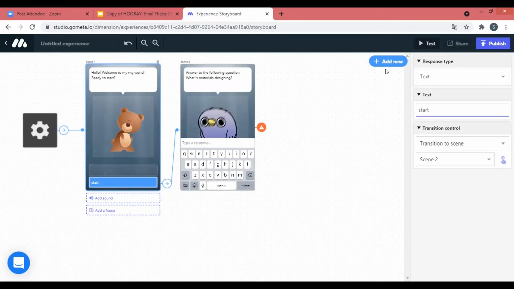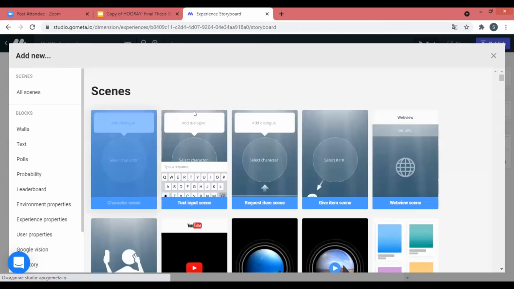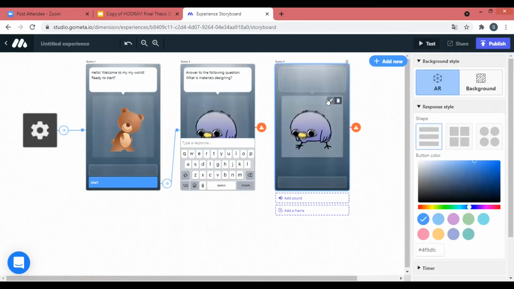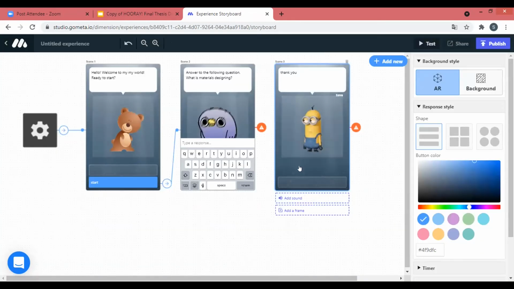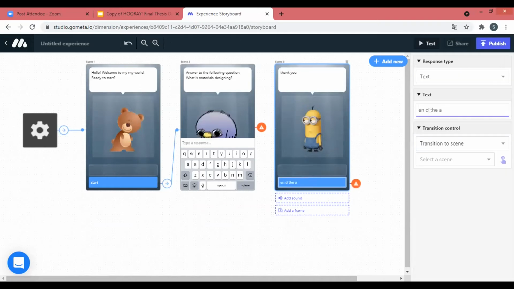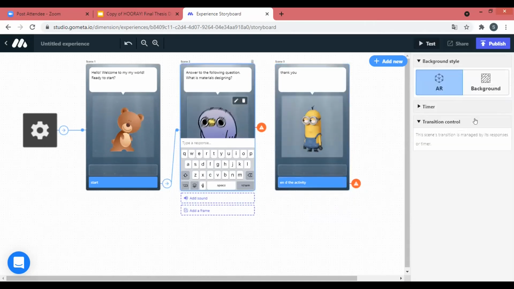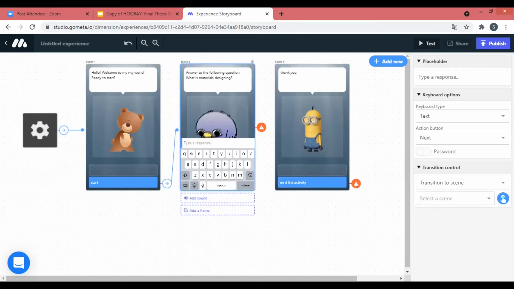Now we will end our activity. I will also add one more scene. Select character through clicking on this pen, and we should end our activity and write here "the end of the activity." And also we shouldn't forget to link to connect our scenes, and here we should